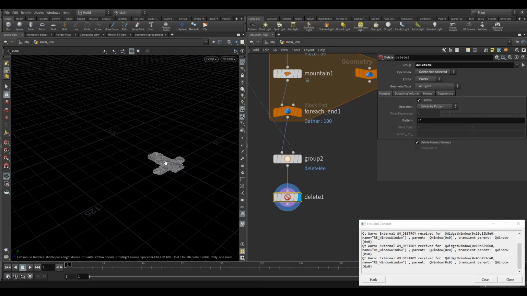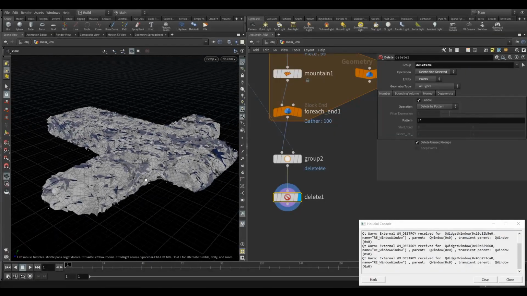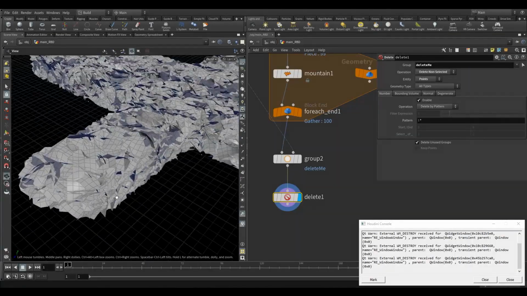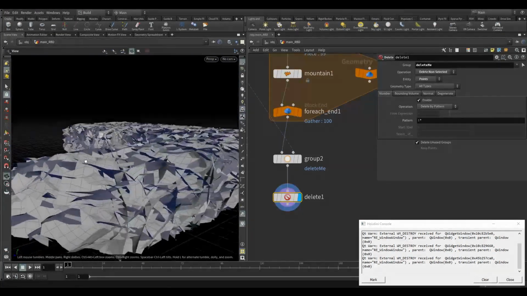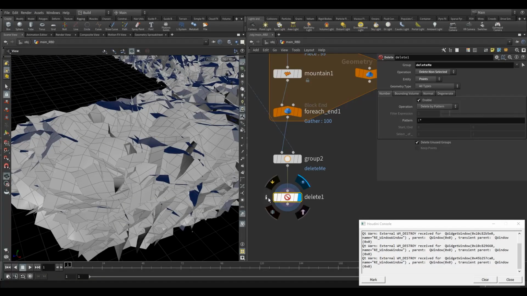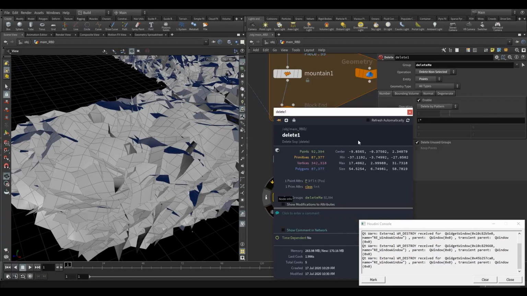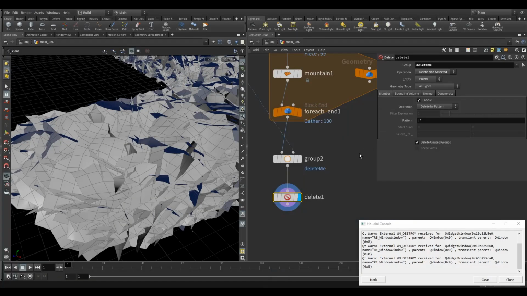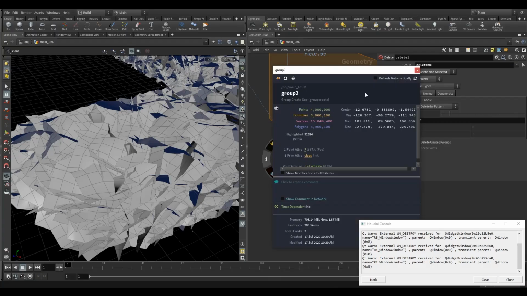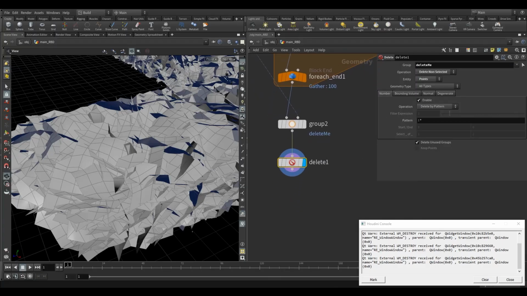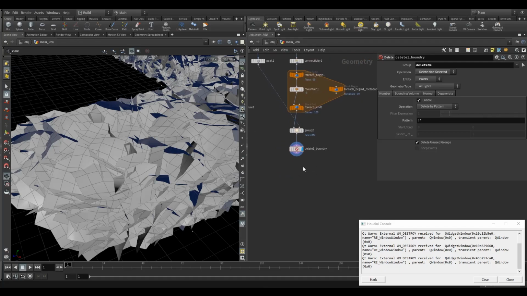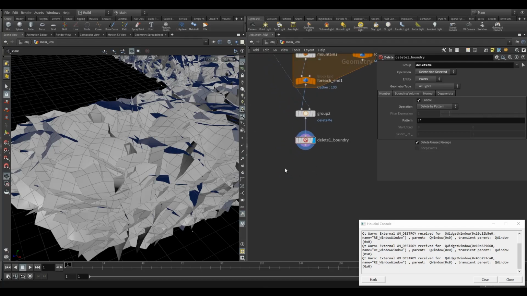Great, so there you can see it kind of trims it down nice and small. And now when we do that, you can see we've still got pretty coarse geometry here. So we're going to subdivide this down further. We've only got 92,000 points now and came down from 4 million, right? So let me name these actually. Boundary, let's say. That's fine. So let's subdivide it